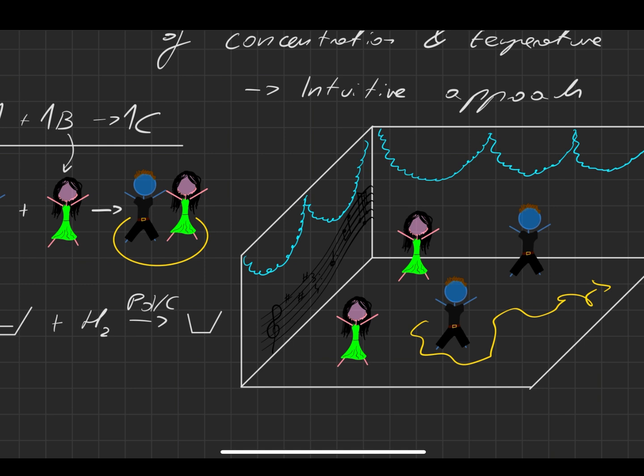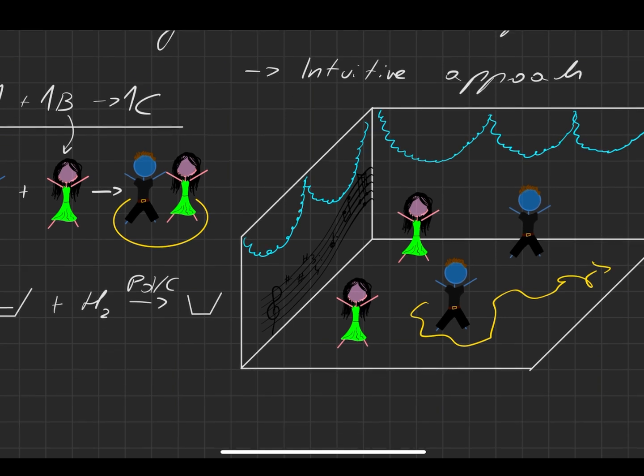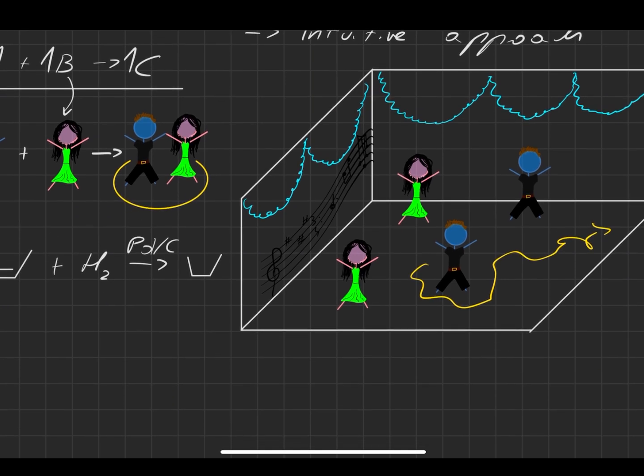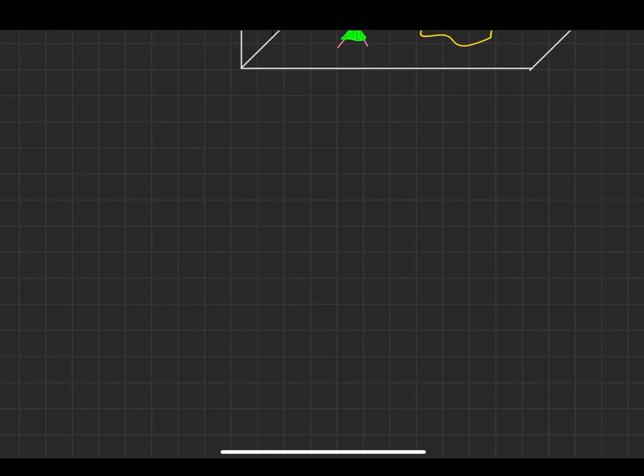We know that if the music starts playing faster, the people would also start moving a bit faster. So as the temperature increases, so as the music starts playing faster and faster, we may imagine the people to also move a bit faster. So what happens is that at some point they can meet each other in a much quicker way. Let's try to think of 2 scenarios. Let's draw 2 simple boxes